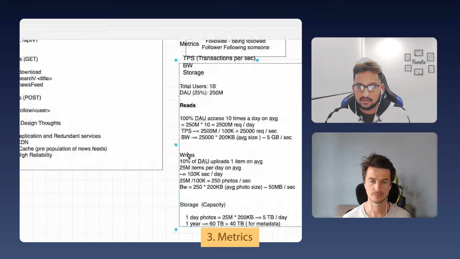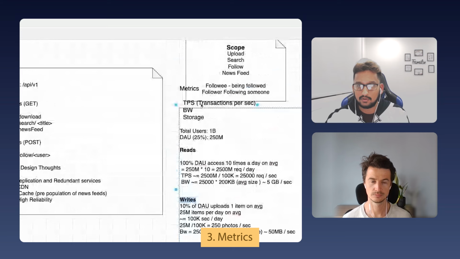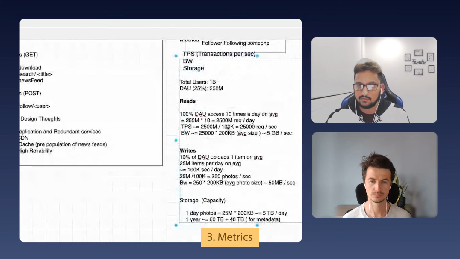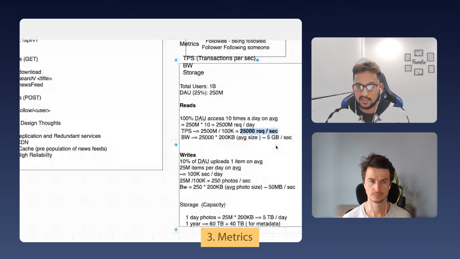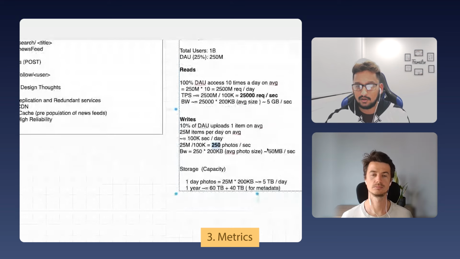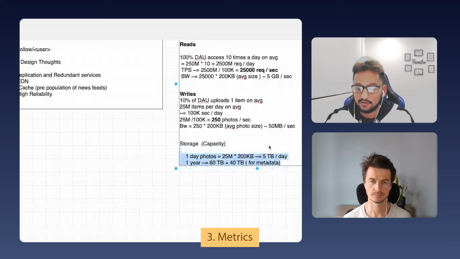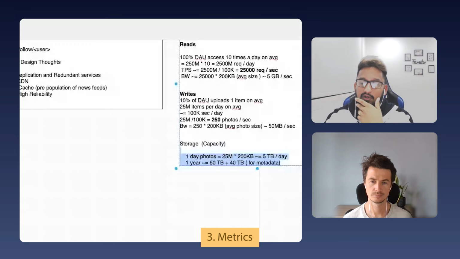So yeah, we have reads, we have writes, and from what we can get from here, it is a pretty read-heavy system. We are looking at 25,000 requests per second, and the bandwidth is 5 gigabytes per second. That's the minimum. And from the writes perspective, it's not that heavy, so we're still looking at around 250 photos per second, and the bandwidth is considerably reasonable as well. And storage, nowadays storage is cheap, but if we extrapolate it for, say, 3 to 5 years, it's still not huge, it's not going into the petabyte range, but we're still looking at around 100 terabytes per year. So